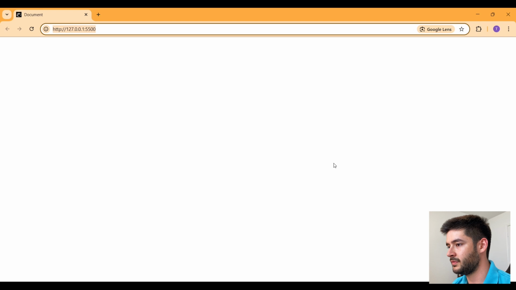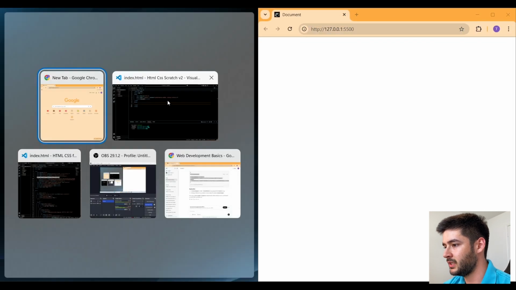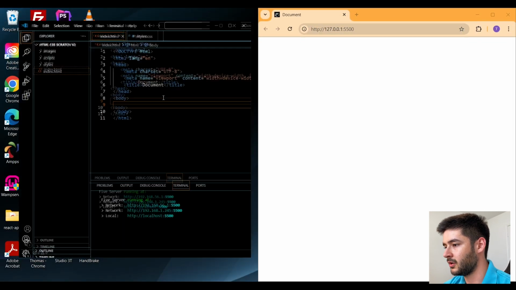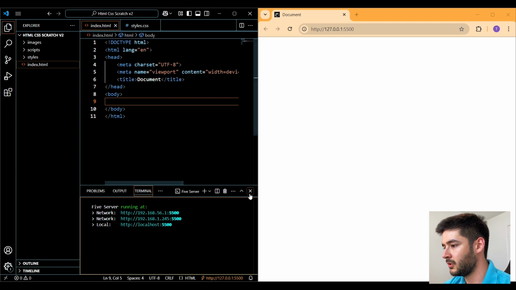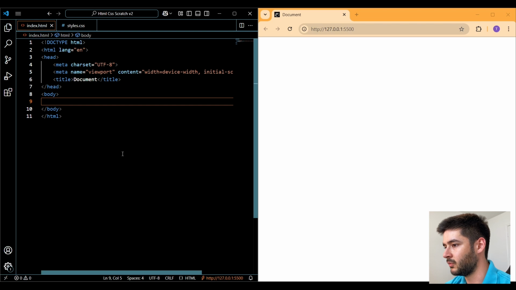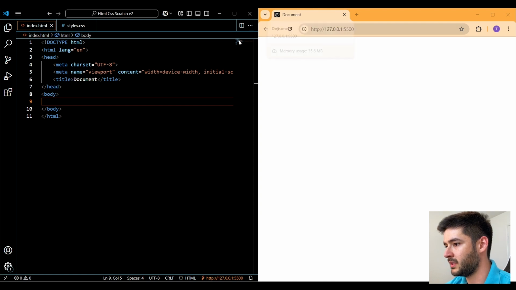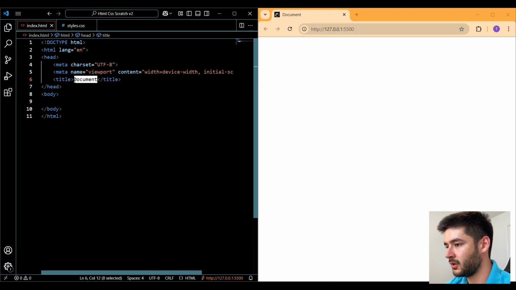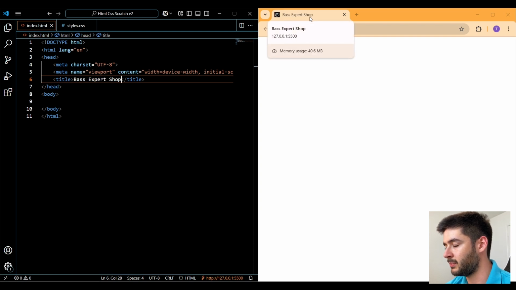At this point, I'm going to move this off to the right side of my screen and leave my code editor over here on the left. I can go ahead and close out of my terminal here, and I can minimize my file explorer by clicking on it one more time. The first thing I want to do is title this website, and you guys will see that you can see the title in the browser tab here in our live server. So if I go ahead and change this to Bass Expert Shop, you guys will see that appear in our